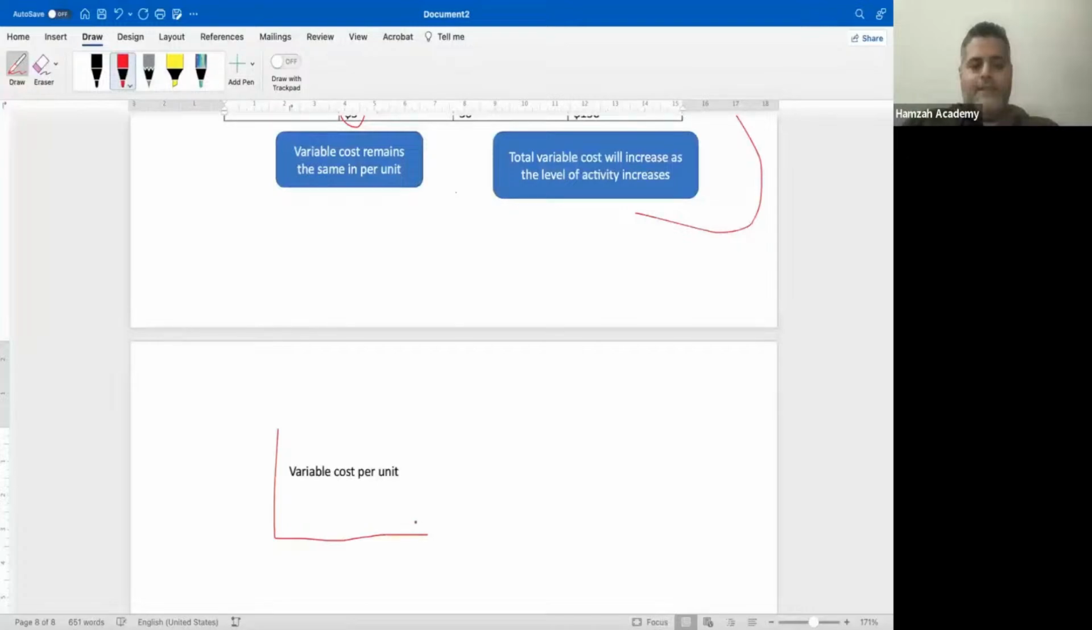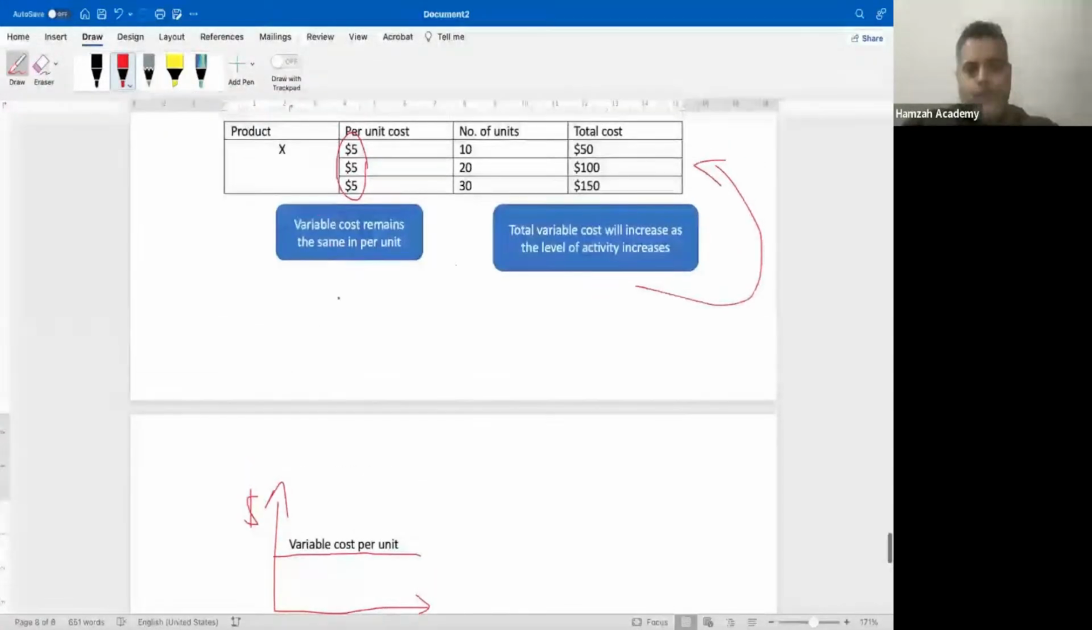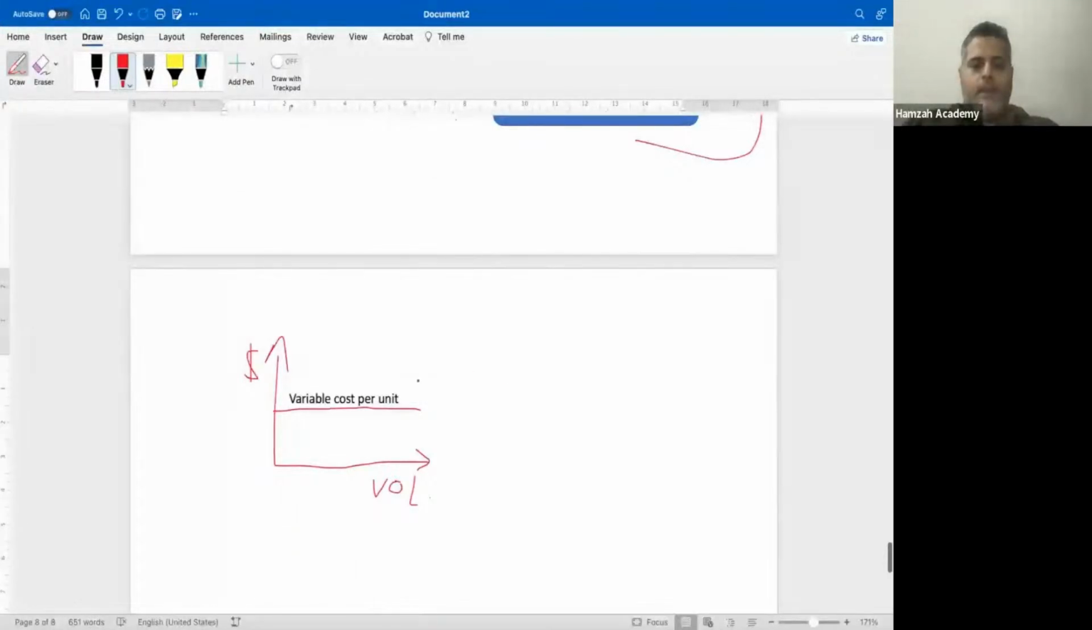Okay, let's work the other way around, right? So this is volume, this is amount, and this is my variable cost per unit. Because variable cost per unit remains the same, right? And then